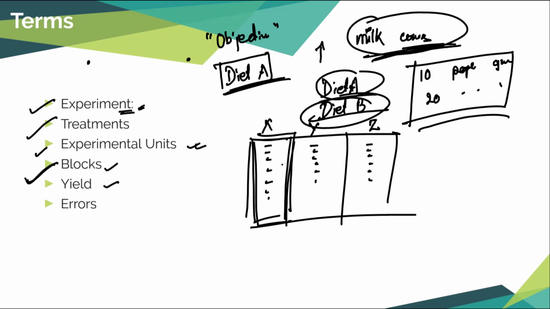And what is yield? Yield is the final result. In the case of our first example, where we are going to examine the production of milk, how many liters of milk they produce every day will be our yield. That means the result that we get from our experimental units. If I am interested in weight gain by the people visiting a particular gym, then the yield will be their weight gain, say 18 kg, right?